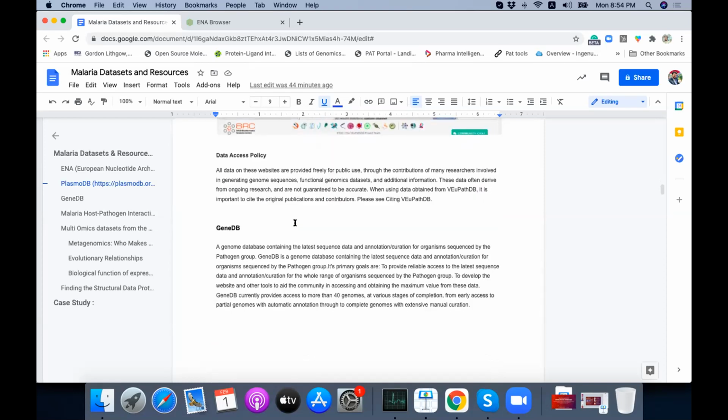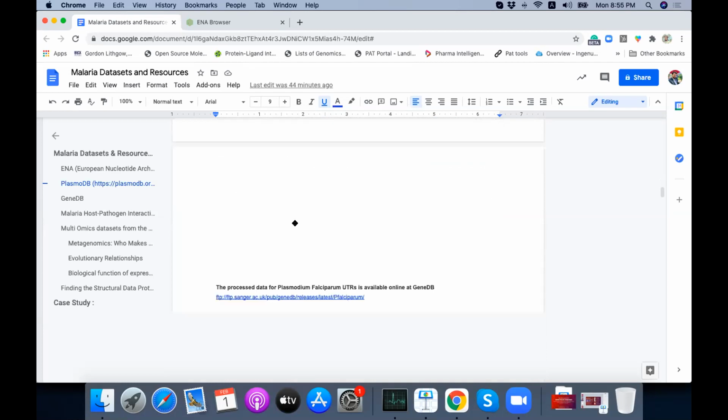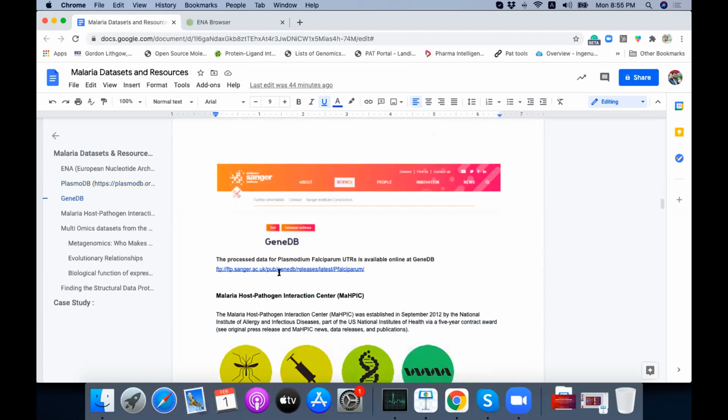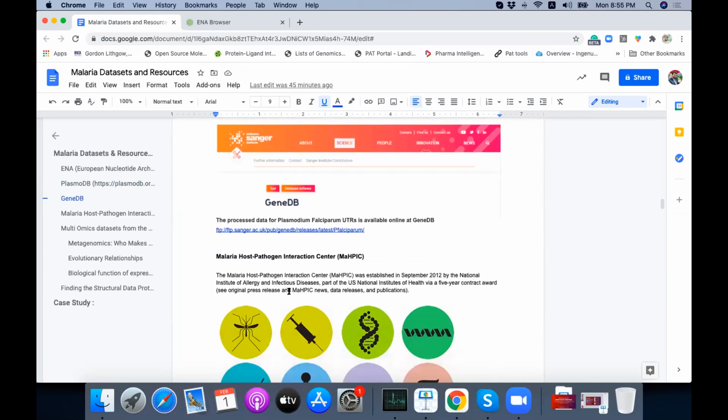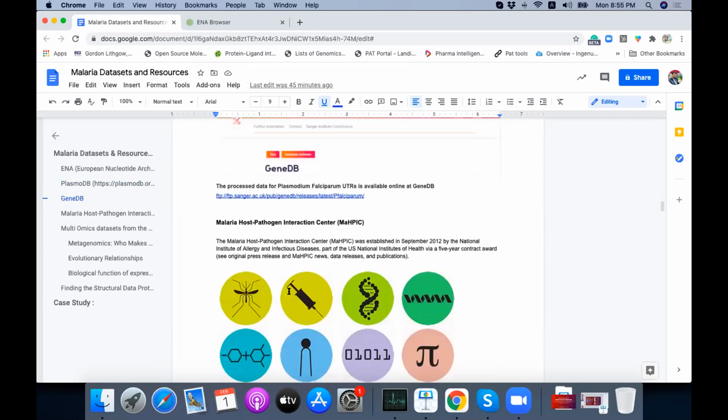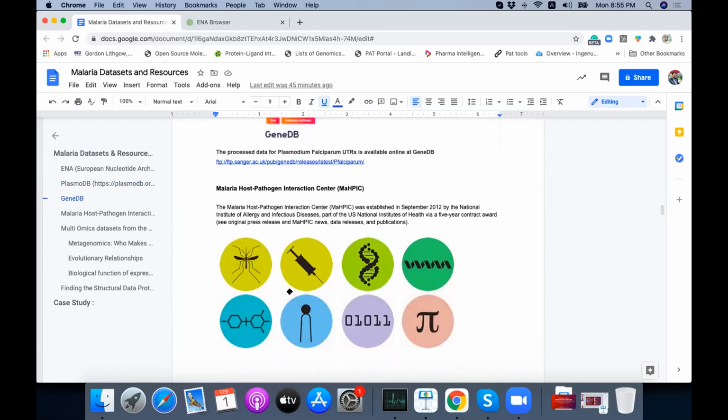Another important place, again, a very basic place that we all go to download the data, to download the genome or the transcriptome, is the Sanger data set. Here you will find the processed UTR regions for the Plasmodium falciparum parasite. And then we looked into another consortium or a group,